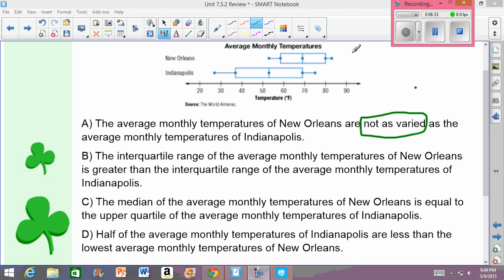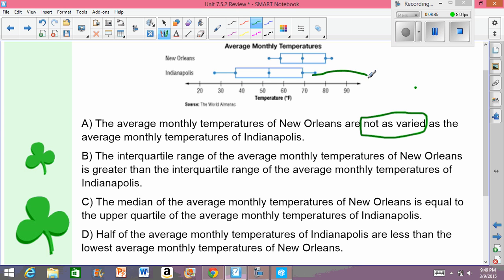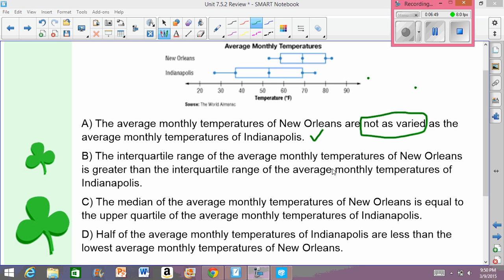So that would be about 30 for the range. For Indianapolis, it goes from about 27 to maybe 77. So that range would be about 50. So New Orleans is definitely not as varied. So right now it's looking like A might be our correct answer, but we're going to check our other options